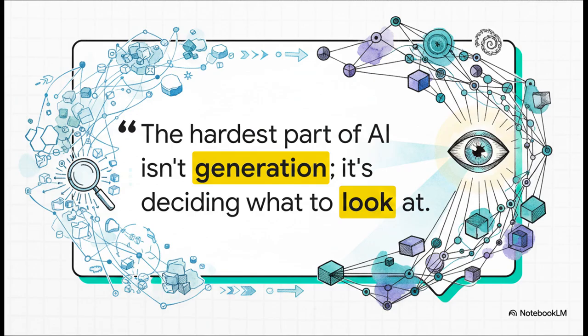Which brings us right to our final thought, the overarching lesson from this incredible journey, from simple keyword search all the way to Agentic RAG, is this. The hardest part of AI isn't generating the words anymore. Getting an AI to talk smoothly is relatively easy now. The true challenge, the real magic of where this technology is heading, is in the system deciding what to look at. As AI fully masters the ability to autonomously hunt down and verify the truth, we really have to ask ourselves, once the AI knows exactly where to look, what will it uncover next?